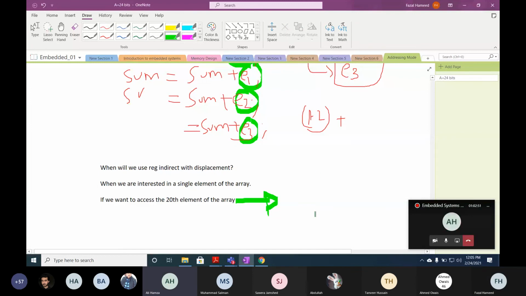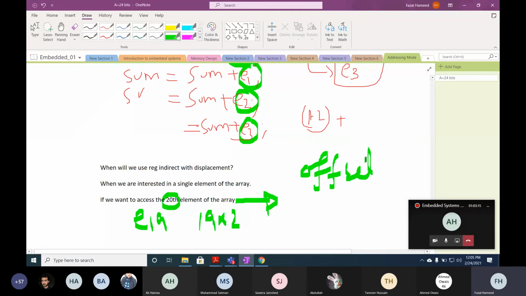Multiply by a constant. The 20th element is actually E19, if you remember. What is the size of each element? 2 bytes. So multiply by 2. What will the offset be?